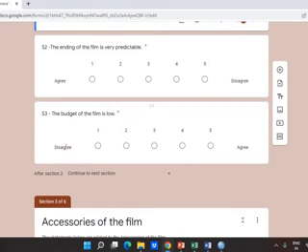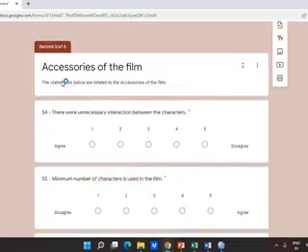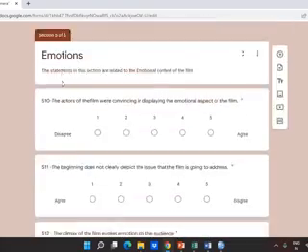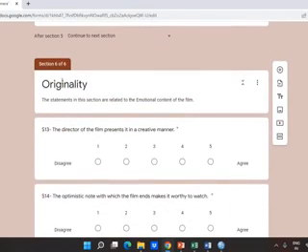You see, not like the other verbal descriptors that disagree on the left side and agree on the right side, but it has agree on the left side and disagree on the right side because this is a negative statement. So we have 6 sections: conflict, emotions, and originality. The same statements that you have seen in the Word file are now put in Google Docs, and then